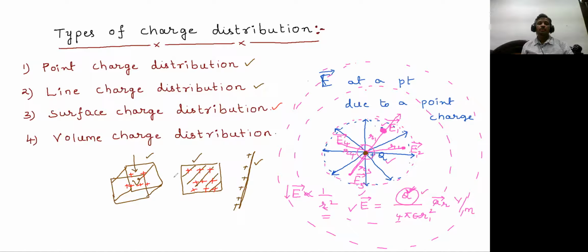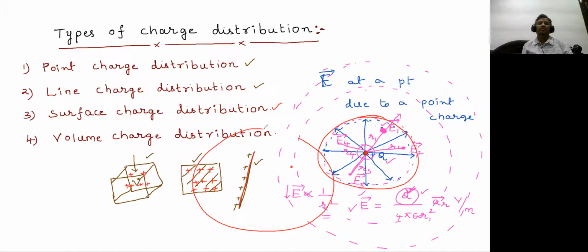In these cases, what will be the electric field intensity at some point when you have a line charge distribution? When you have a point charge, there is an electric field around it. When you have a line charge, definitely there is also an electric field around it, which is even larger than the electric field around a point charge. Then what will be the electric field intensity due to that line charge distribution?